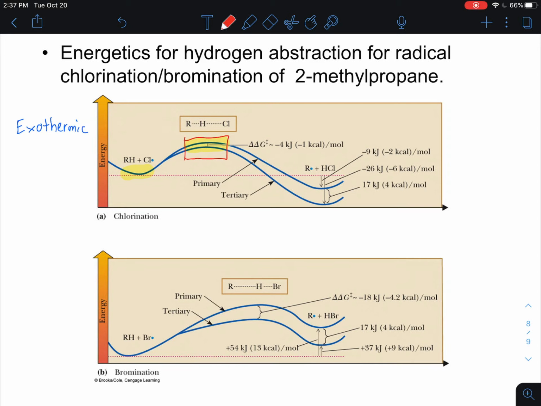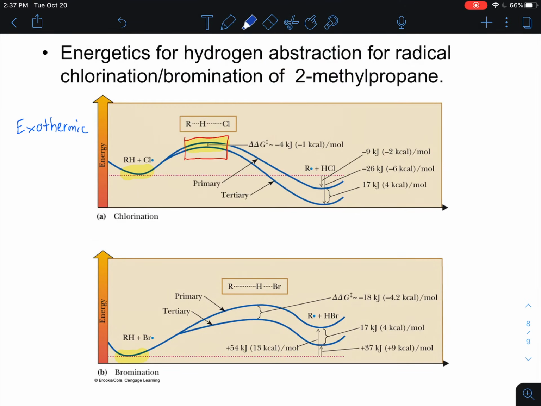And that makes sense, right? If those two pathways were substantially different in energy, then we'd see more of one than the other, but we see about equal amounts of the two because there really isn't a big energy difference between the transition states for the two pathways. On the other side of this, what we see is